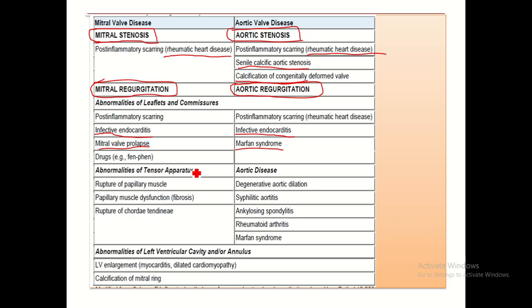And the most common causes are: in mitral stenosis, rheumatic heart disease; in mitral regurgitation, post-inflammatory scarring, infective endocarditis, or mitral valve prolapse; in aortic stenosis, again rheumatic heart disease, senile calcific aortic stenosis, calcification of congenitally deformed valve, that is bicuspid valve; in case of aortic regurgitation, infective endocarditis, or sometimes it is associated with Marfan syndrome. So these are the most common diseases with their most common causes.